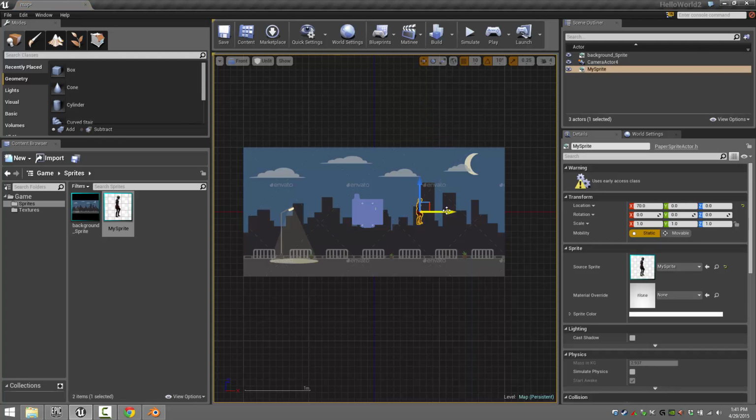Now, a very key thing to understand here, though, is order. I covered this a little bit in the past, but it's worth mentioning again. There is no depth in a 2D game for the most part. However, the order that things appear in is important. So right now we've got our sprite selected, and you'll see